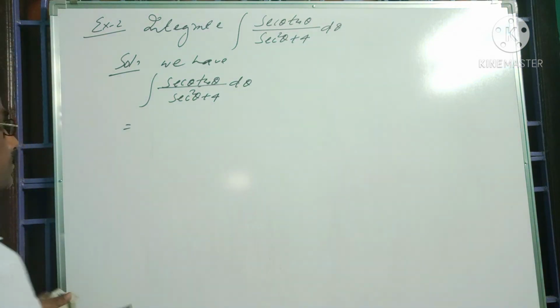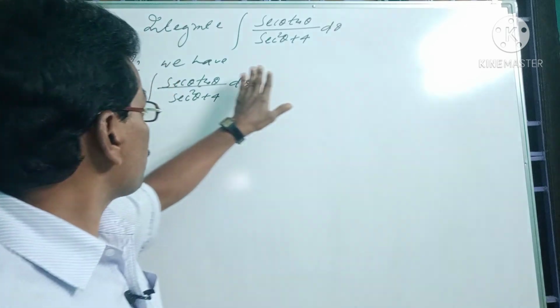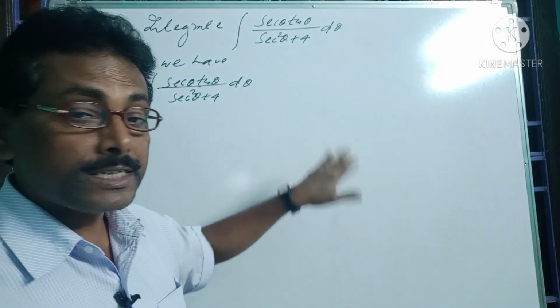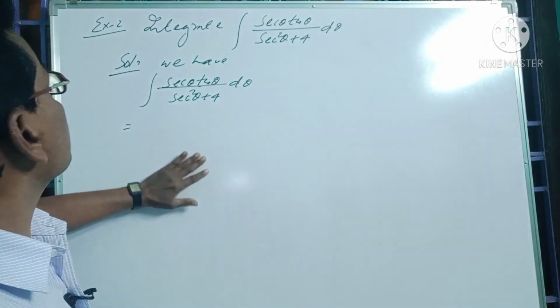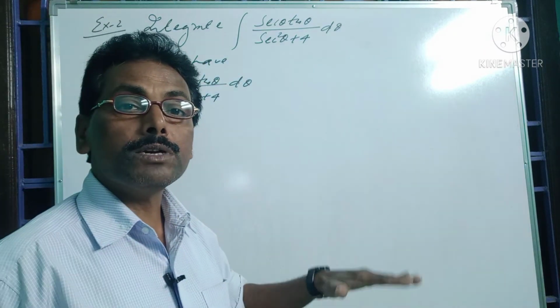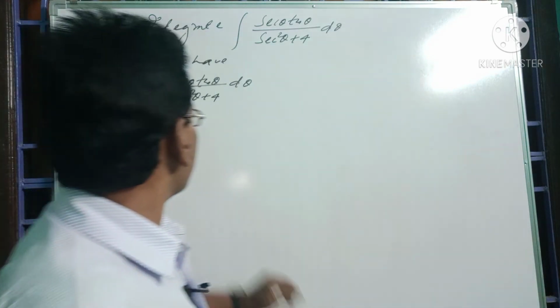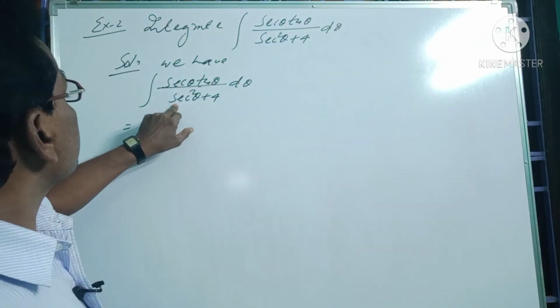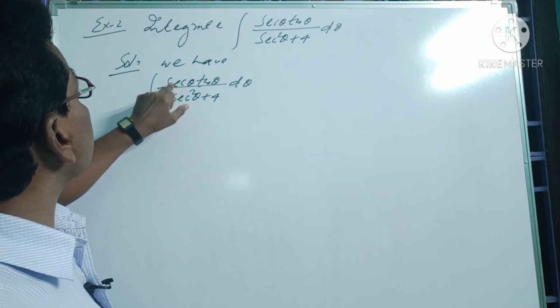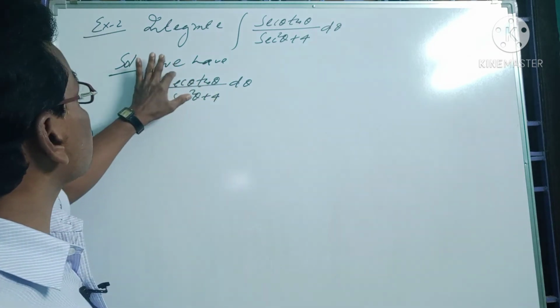Now see, the given integrand is not in the standard form for integration. If you carefully observe it, it is in rational form where both the numerator and denominator contain trigonometric functions of theta, so which is not directly integrable. But if we carefully see, if we differentiate sec theta, it will give us sec theta tan theta, where the numerator contains the factor sec theta tan theta.